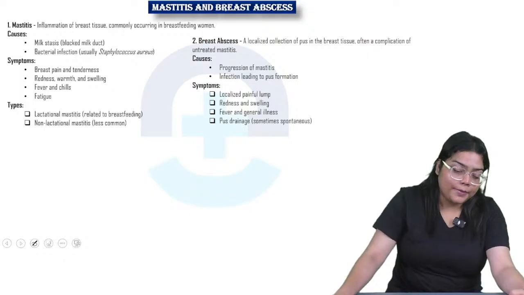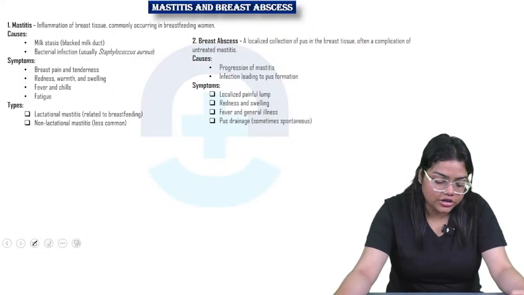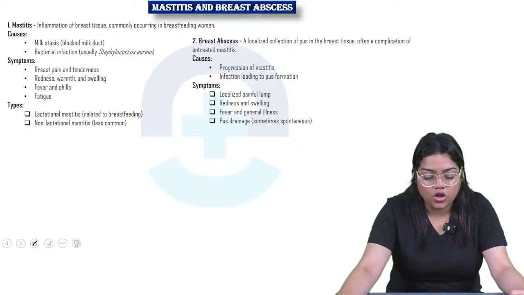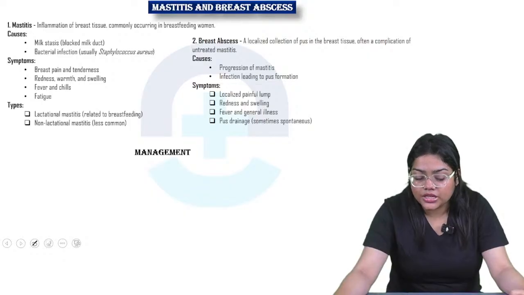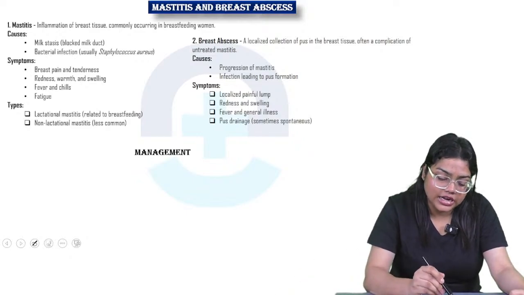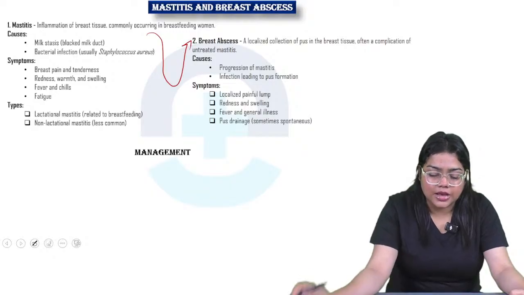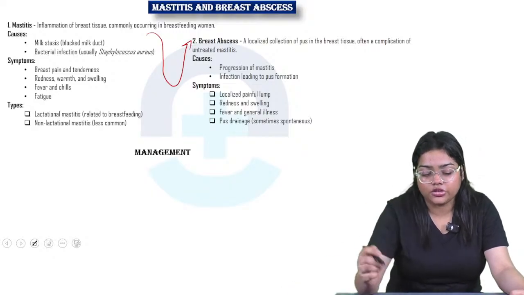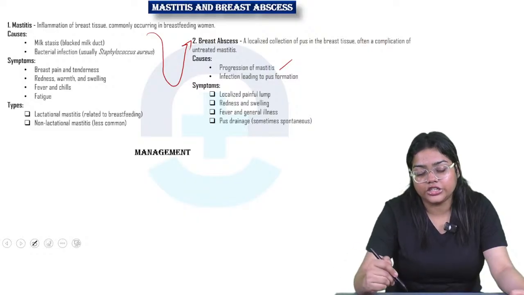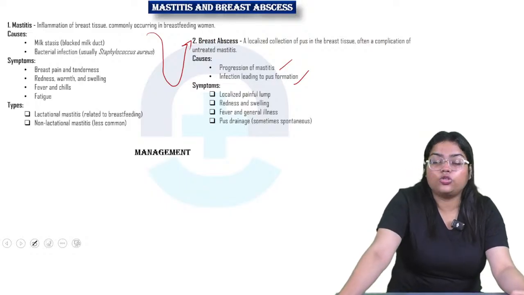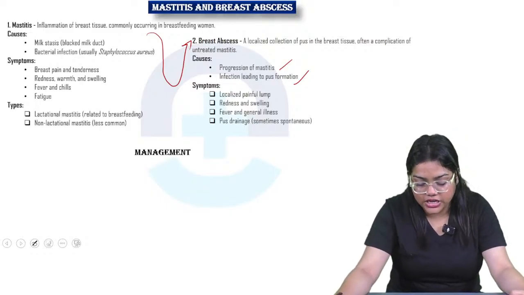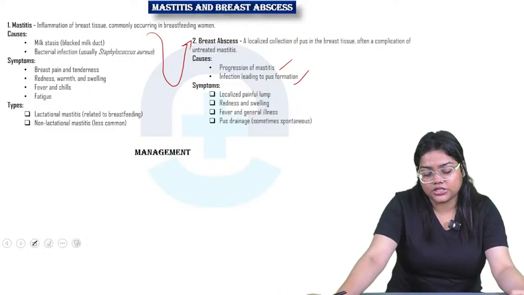There are two types of mastitis: lactational mastitis, which is related to breastfeeding, and non-lactational mastitis, which is very less common. Then breast abscess, a localized collection of pus in the breast tissue, often a complication of untreated mastitis. So if mastitis remains untreated, a breast abscess can happen. The causes mainly include progression of mastitis and infection leading to pus formation. The symptoms include a localized painful lump, redness and swelling, fever and general illness, and pus drainage,